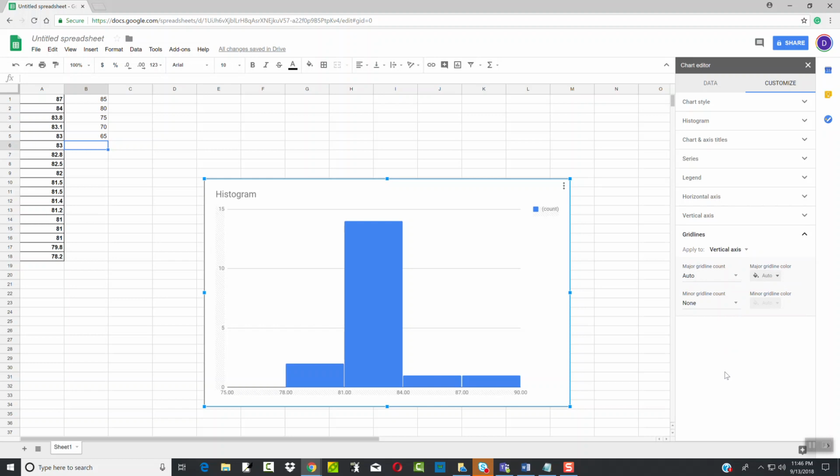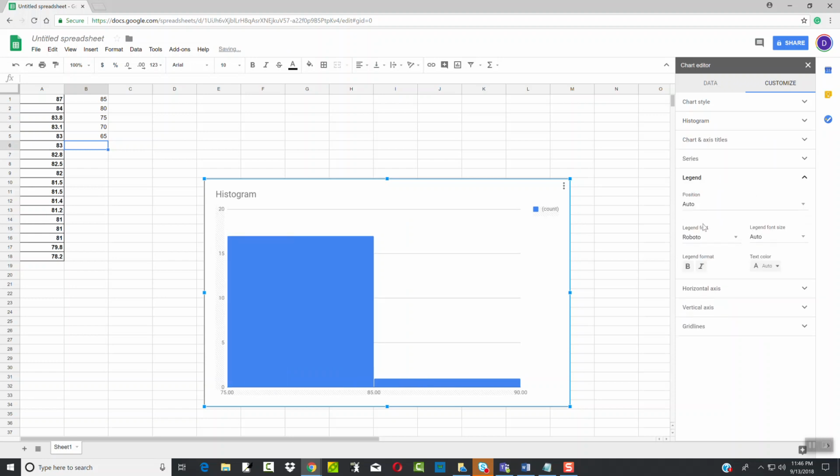There may be an option here. But I'm not seeing the option to set that. Bucket size 10. Ah, that's how you can set your width there. There it is. So if I want to just go by fives,